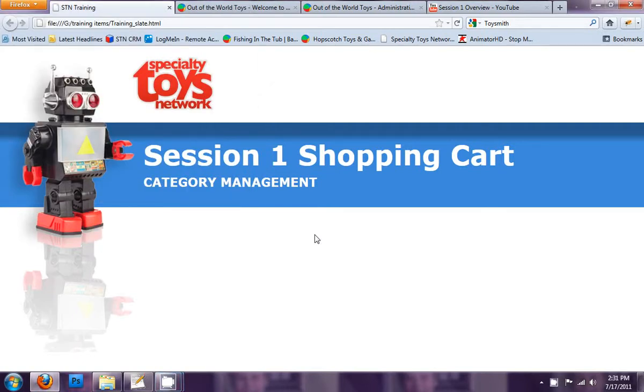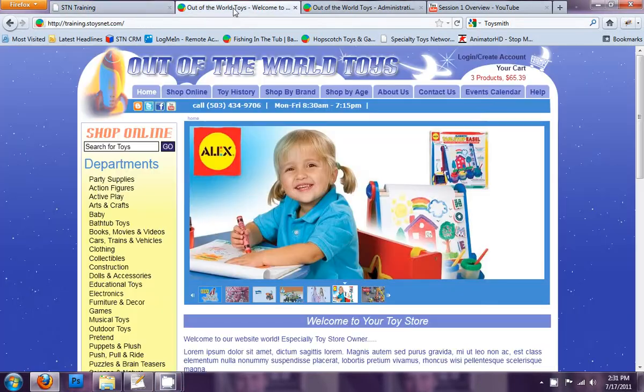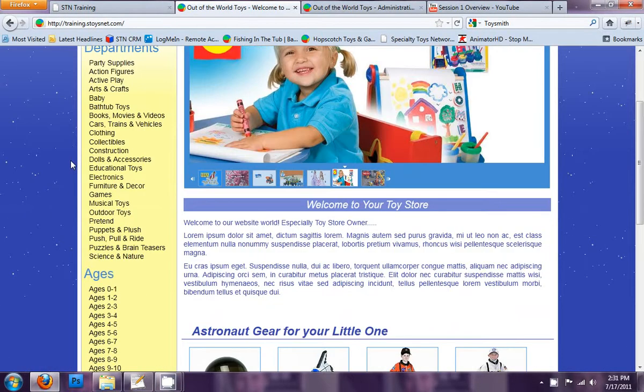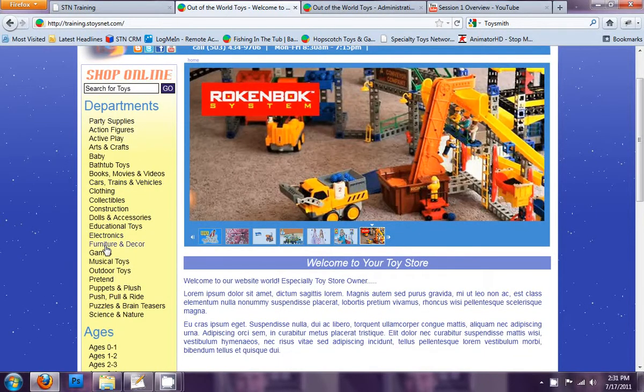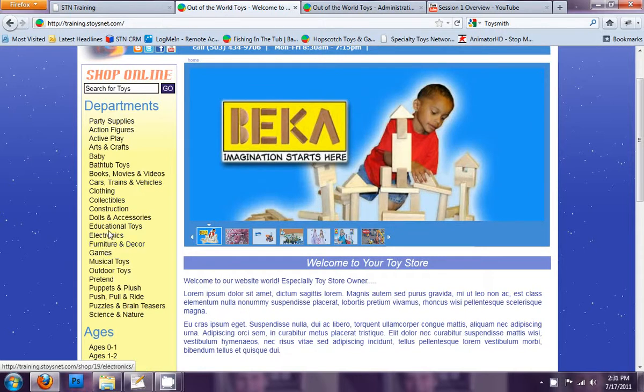Hello, and we're still in session one, shopping cart. We're going to go over the topic category management on your website. Now, categories on a website, in this training site that we have, we've got it called right now departments, but each category or department, whatever you want to call it, basically gives you the ability to organize your toys